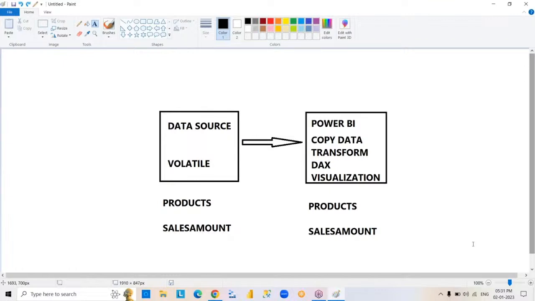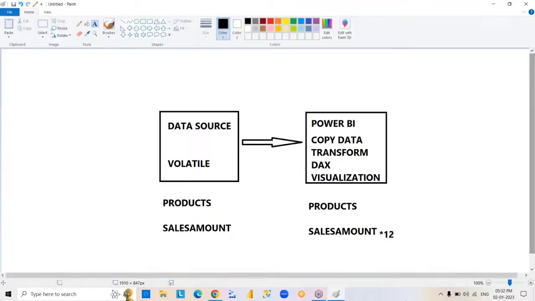Right? Okay, fine. You copied data, you transformed it. Now you are going to create some report. You have sales amount column, but this is monthly sales amount. What type of sales amount column is available? Monthly sales amount is available. But for your report, you need